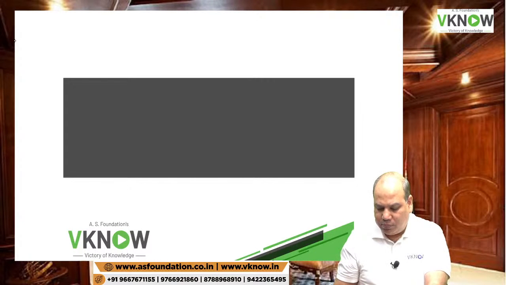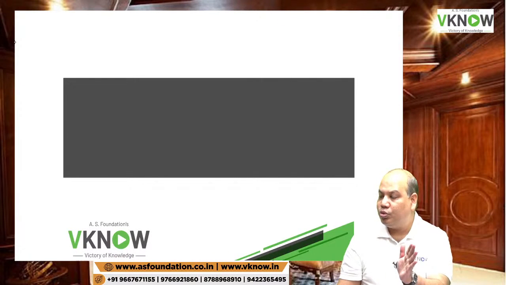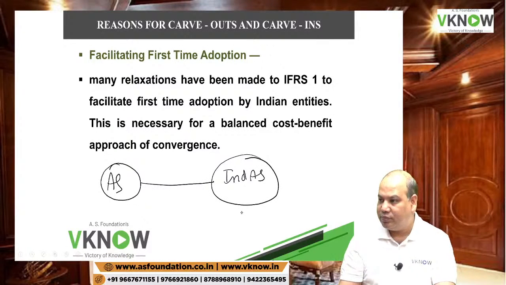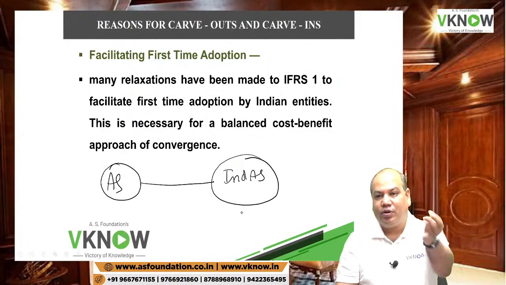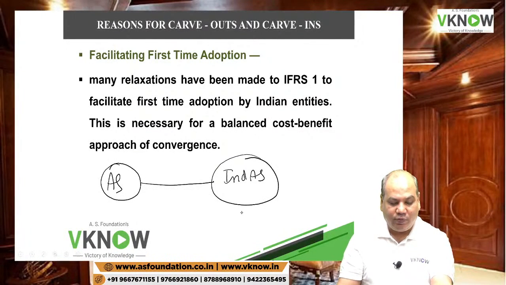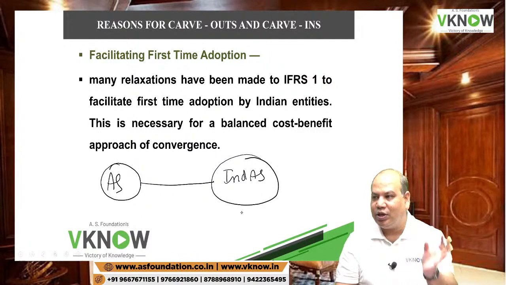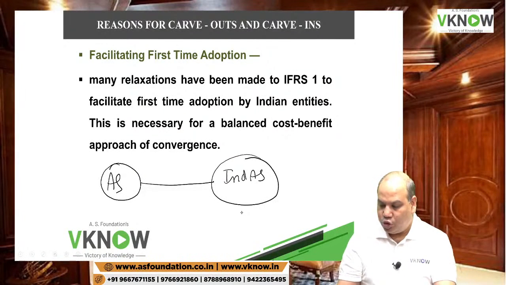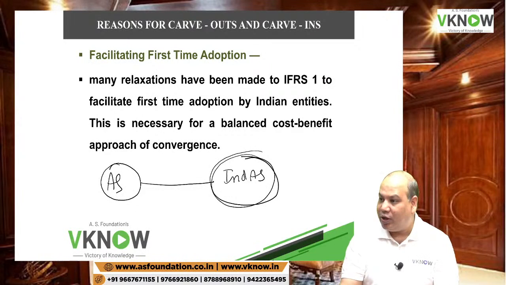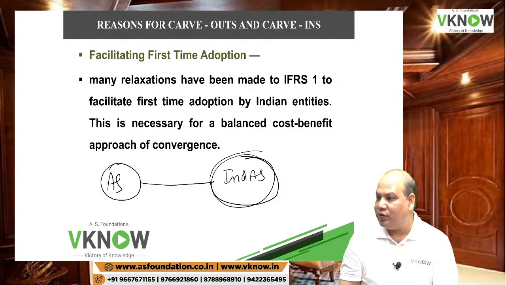So what is the problem? Most of the transition provisions require that you must do the adjustment with retrospective effect. You must bring the fixed asset value as per Ind AS. You must bring the financial instrument value as per Ind AS. You must do business combination accounting as per Ind AS. For whatever has happened in the past, you have to assume as if you are following Ind AS from the beginning and calculate what would have been the balance on the date of transition. Is it easy?